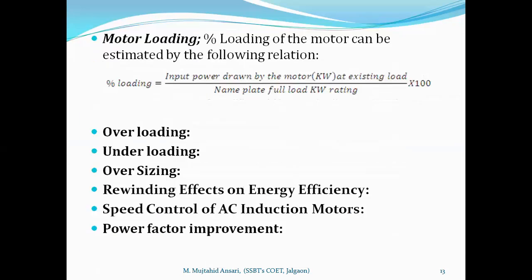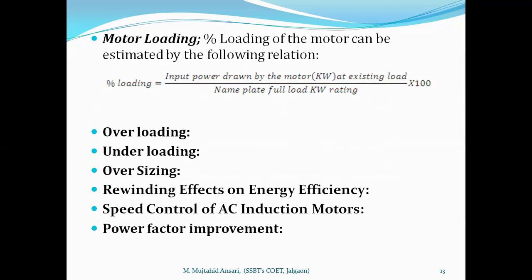We have already discussed the major point, which is to find out the different capacities of motors. We have to make a chart: the location, capacity of motor and motor loading. Motor loading can be calculated either by calculating the power input divided by the nameplate reading of the motor, or the current taken by the motor divided by the full load current. It will indicate the percentage load on the motor.